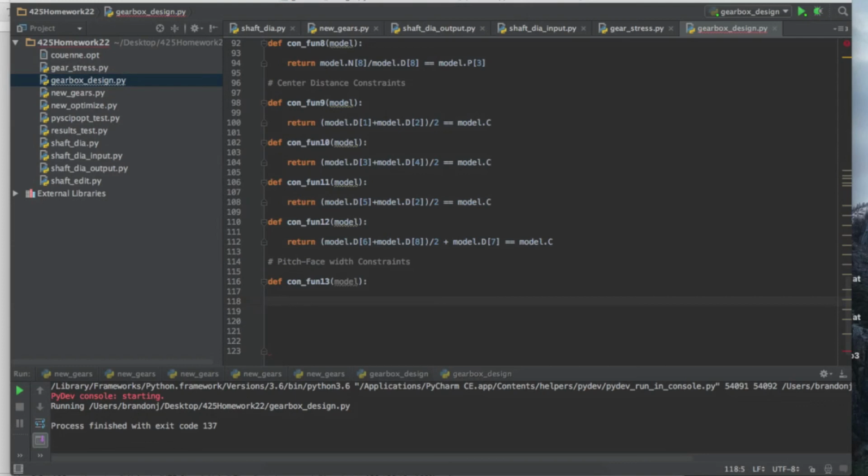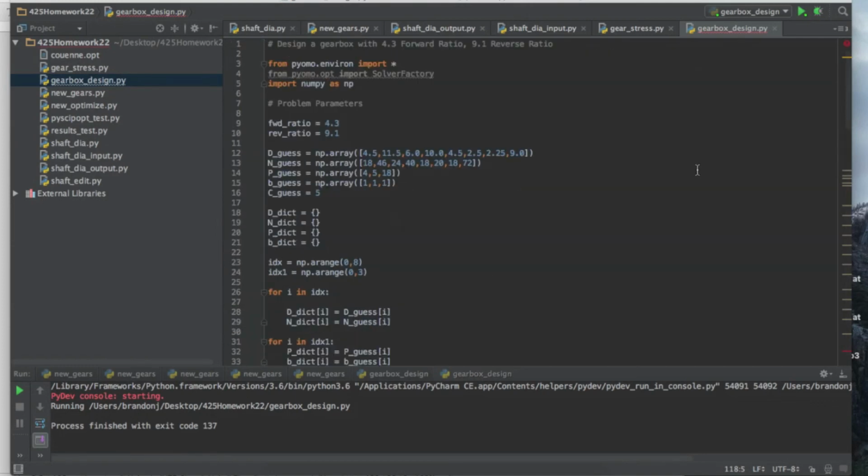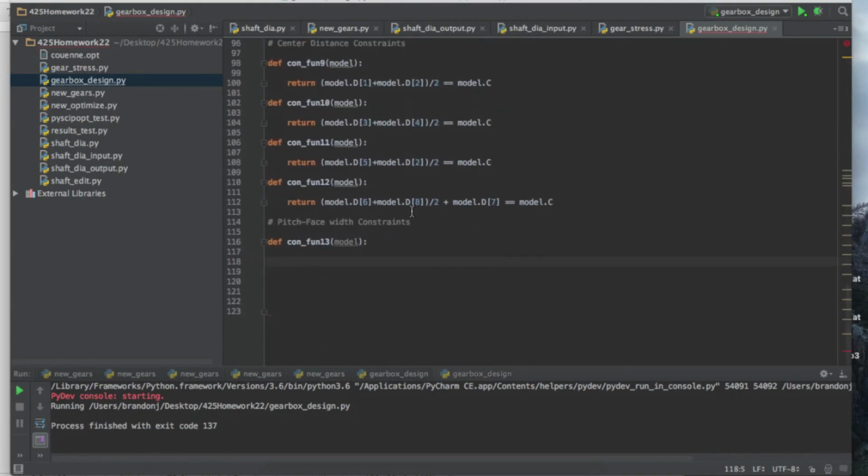Basically there's 3 face widths, 3 unique ones, just like the pitch: 3 face widths, 3 diametral pitches. The irritating part about Pyomo, and I understand why they have to do this, but it doesn't mean it's not irritating, is that we can't do something like this, because this is what we really want to do right here. This is what we really want to do, right? But in Pyomo, it won't let